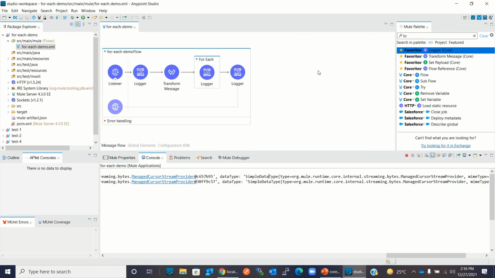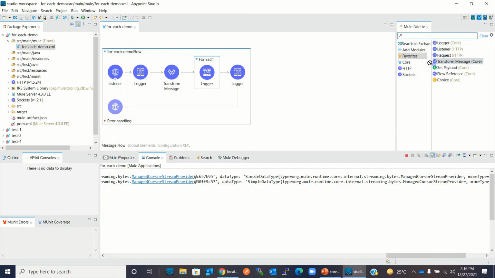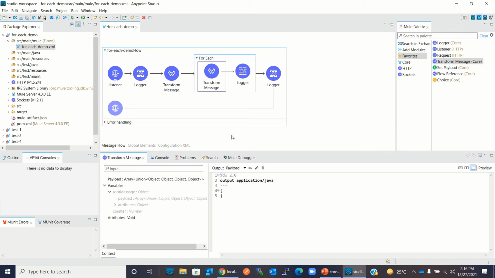I will convert this array of 2 records into JSON. So I will drop a Transform Message here before this. I will change this to JSON. So I will make the body payload.